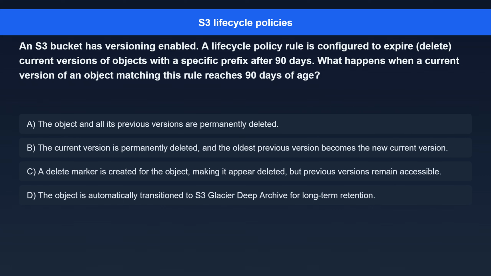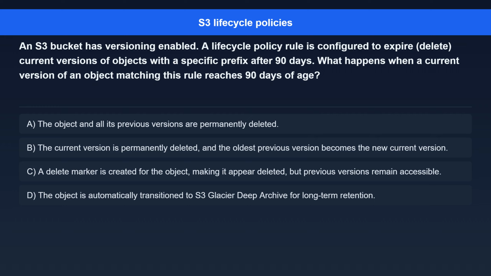Question 8. An S3 bucket has versioning enabled. A lifecycle policy rule is configured to expire, delete, current versions of objects with a specific prefix after 90 days. What happens when a current version of an object matching this rule reaches 90 days of age? Option A. The object and all its previous versions are permanently deleted.